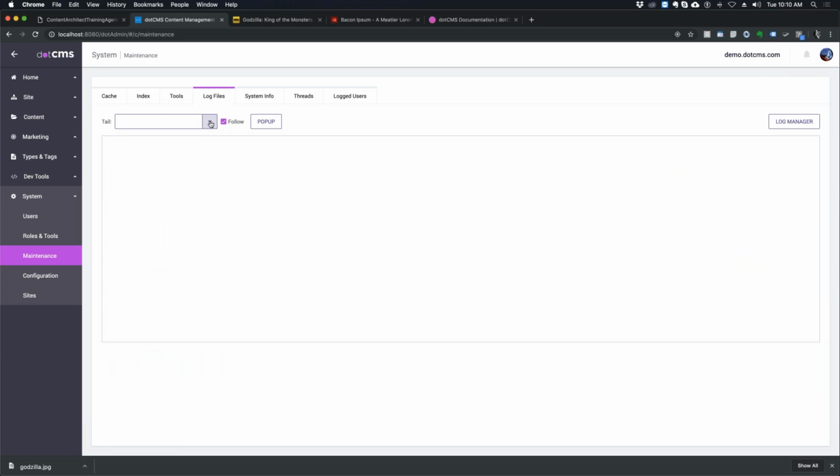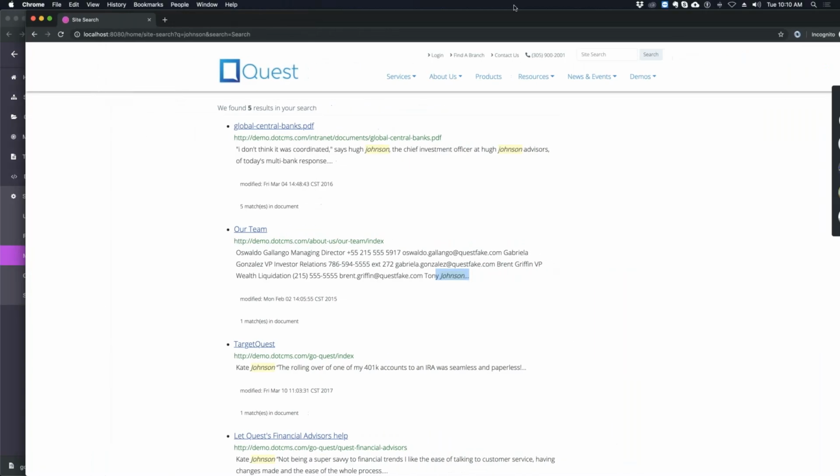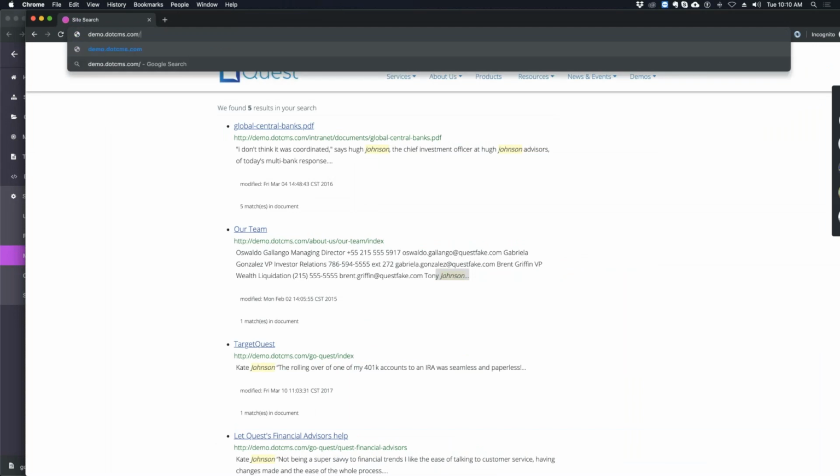Now, I don't have my path configured locally, but I think we do on demo.cms.com. Let's see. And then you should see various logs, push publishing log, the regular log, here,